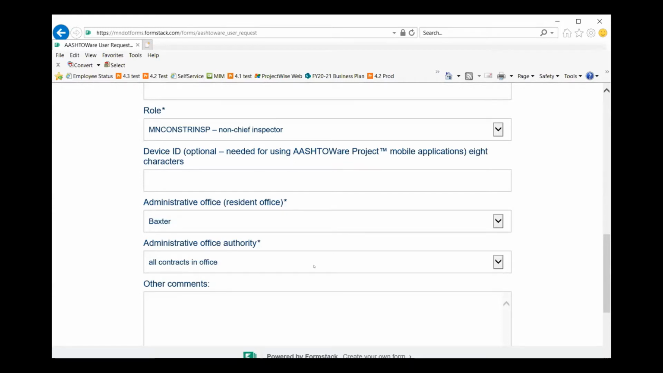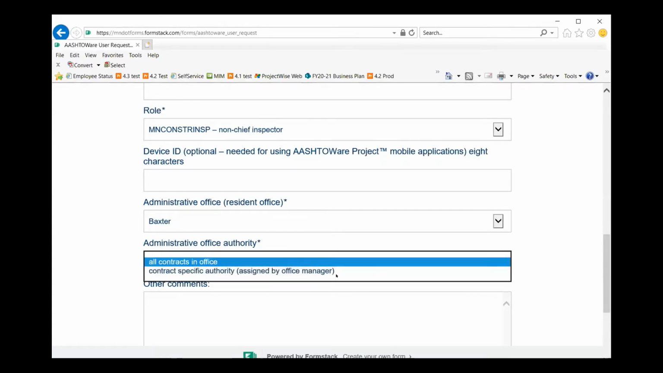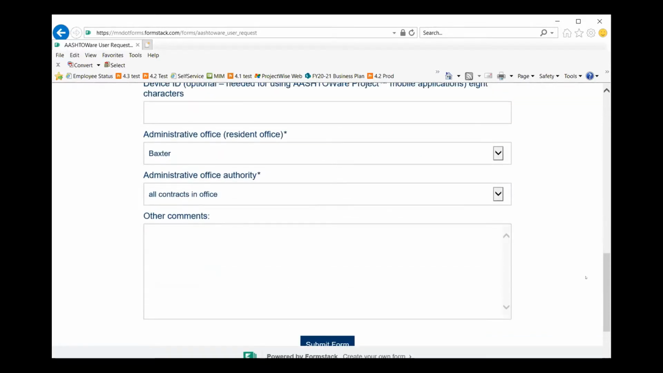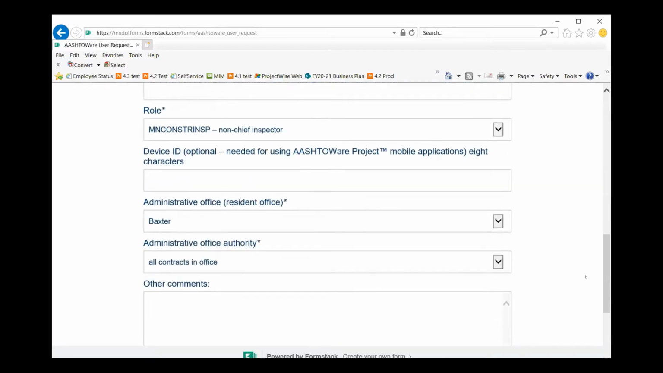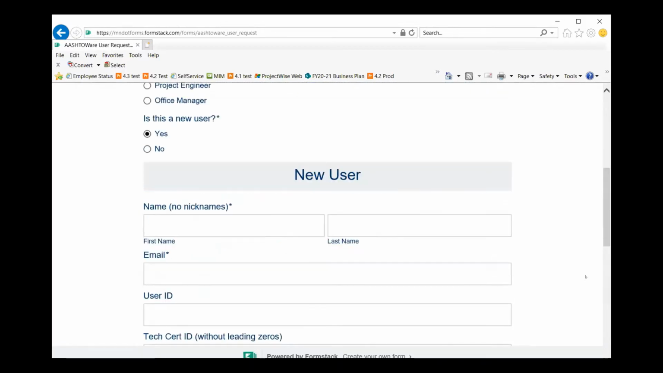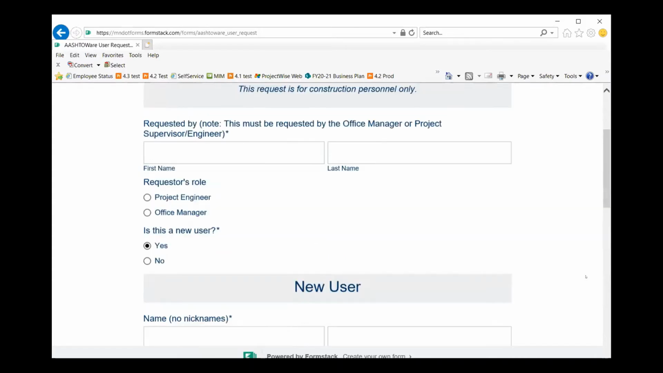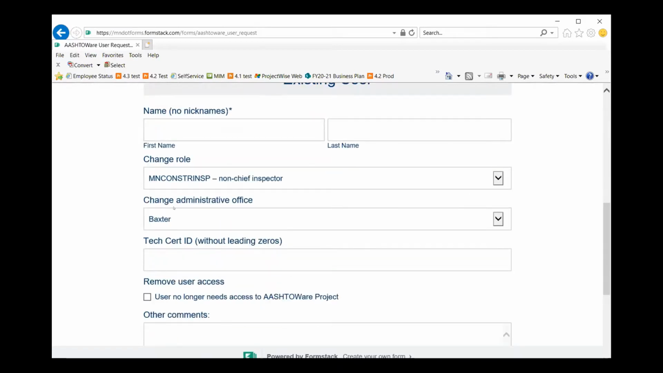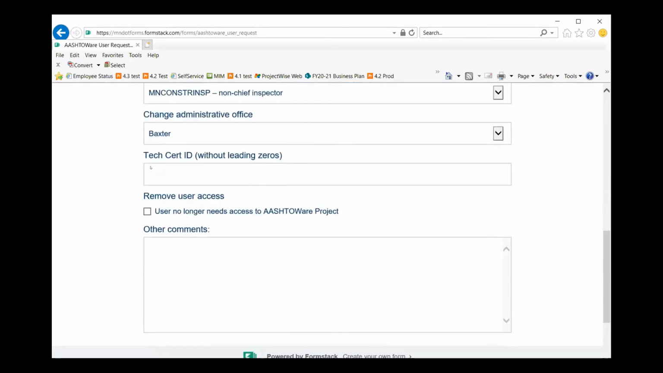We also ask whether the person should be assigned all contracts within that office, or if the office manager will assign contract-specific authority, and any other comments that we might have, and then they just click on submit. If they were to say no, it's not a new user, then it's an existing user that we need to change. Maybe we're going to change the role, or the administrative office. Maybe they've gone from one office to another. Maybe they have a tech cert ID, which we didn't have before, or we need to remove